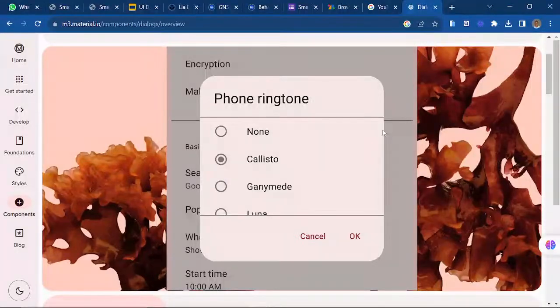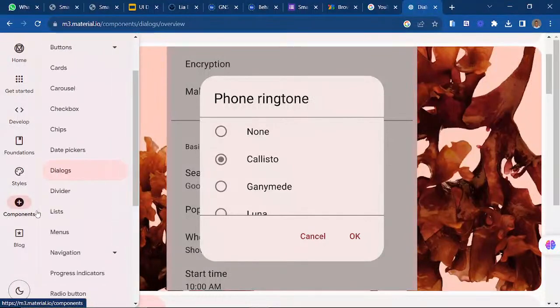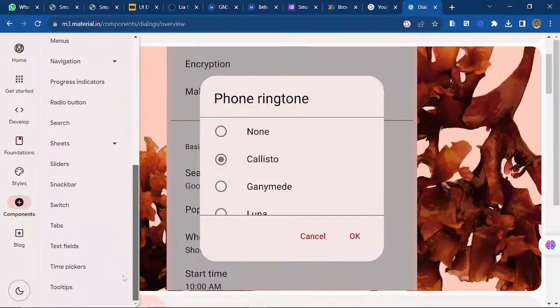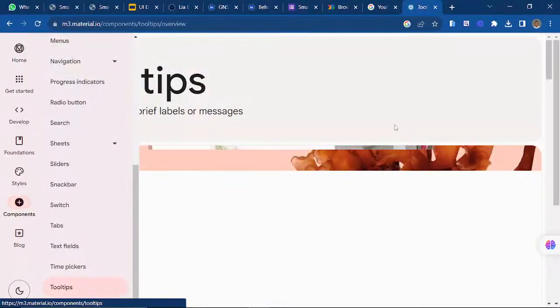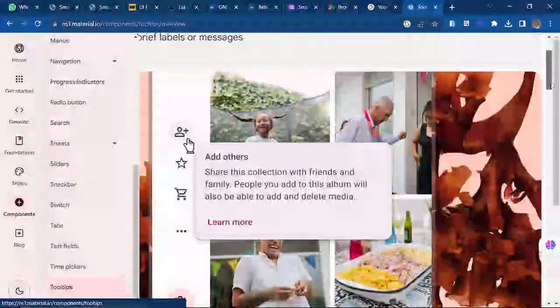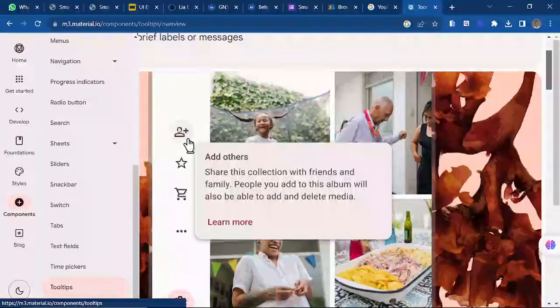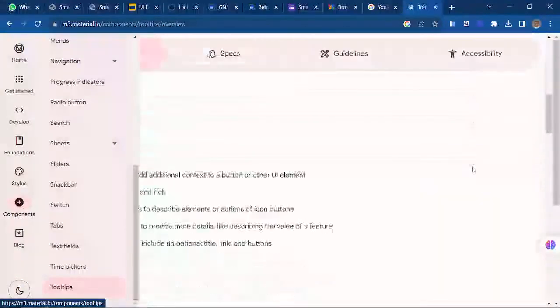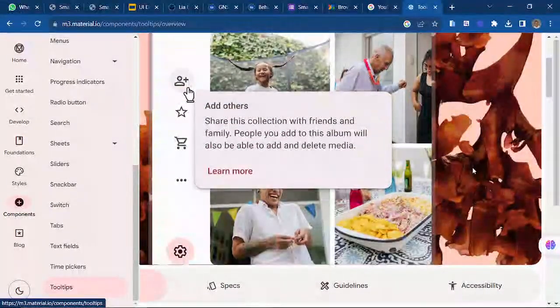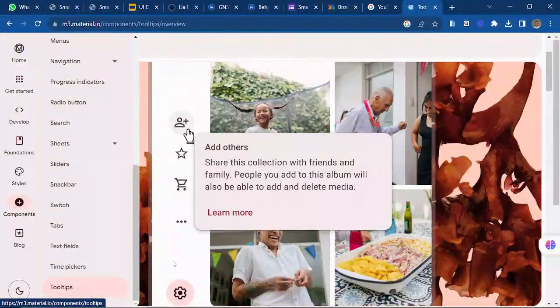We also talked about tooltip, right? Let me show you what tooltip is. If you want to explore this, you can check material design. Just to understand that. So this is what tooltip looks like. Maybe when you hover on this icon, it will show you the information of that icon, right? So it is mostly attached to icons. So that's what a tooltip looks like.